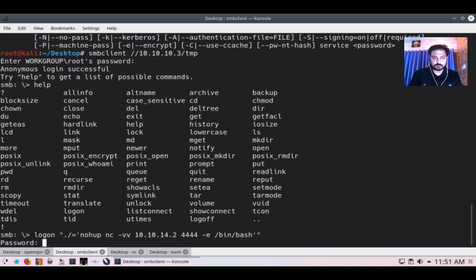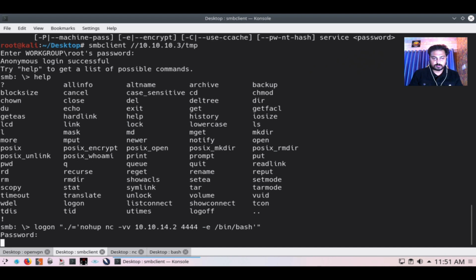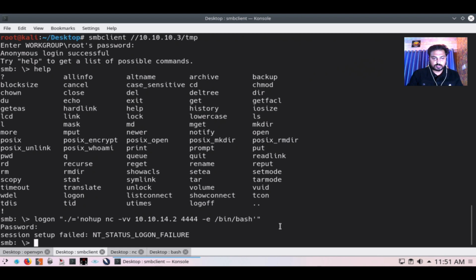When you press enter, it is asking for the password. Let me enter. Session setup failed. One more I can try, this one.